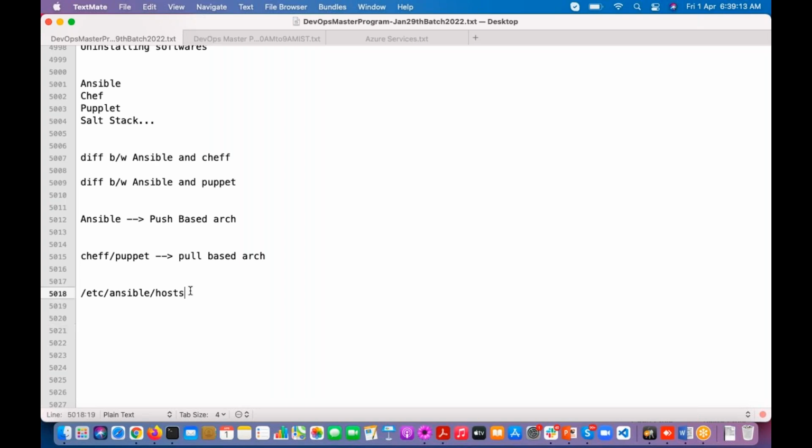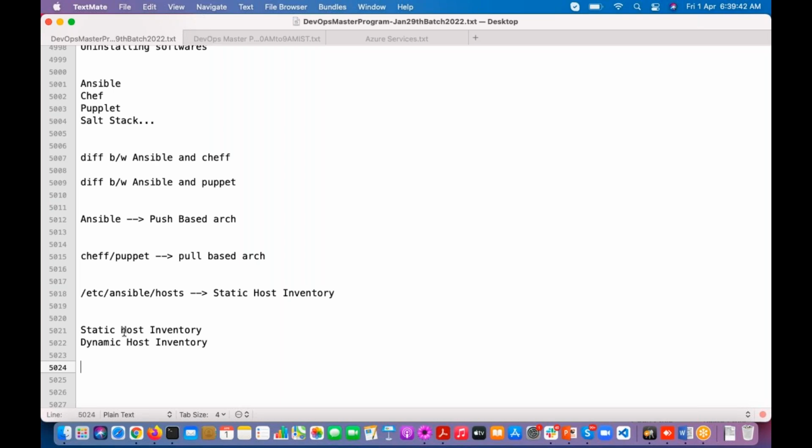This file we can call a host inventory. This host inventory we can call a static host inventory. We have two types of inventories: static host inventory and dynamic host inventory. So what do you mean by inventory?